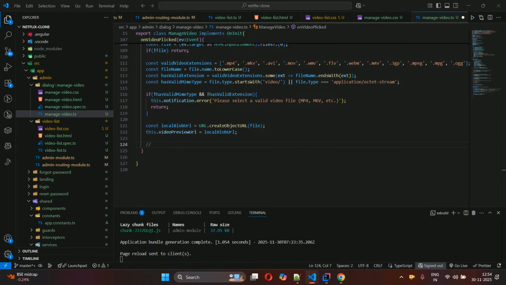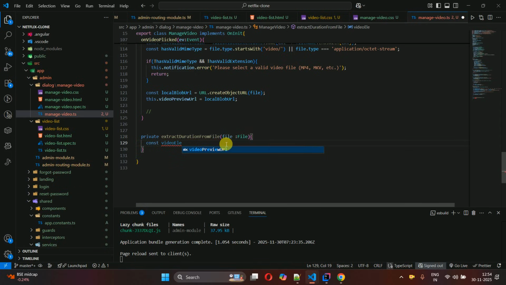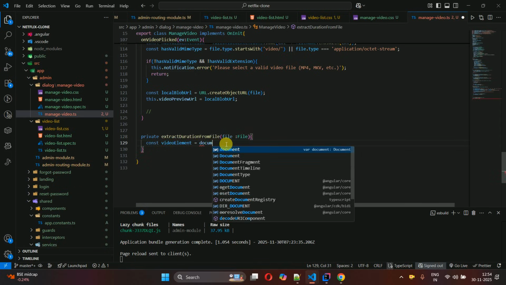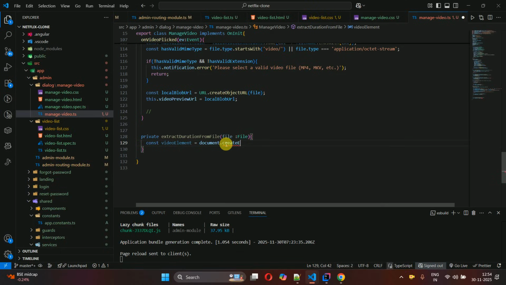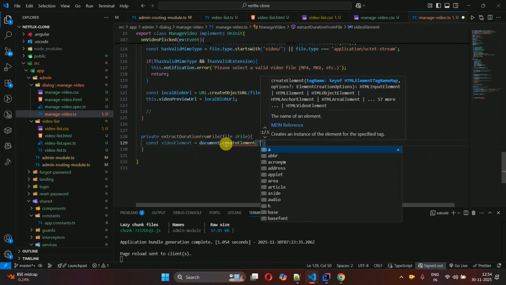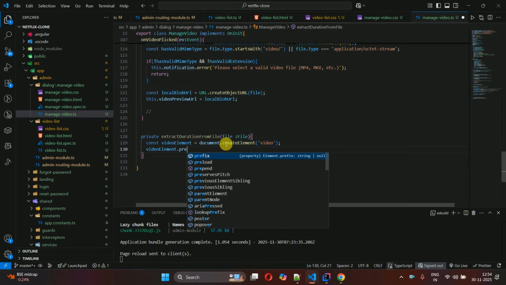So let's write the logic first now, outside of this onPicked, here I'm going to write private extractDurationFromFile, with file of type File, and in this one const videoElement and document.createElement, then we have to pass 'video', and then videoElement.preload